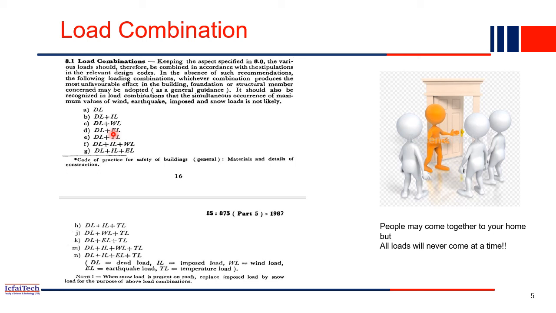But in reality, all the loads may not be acting together. When snowfall happens, at that time there may not be wind load coming, or earthquake load coming. So if you add all the loads, you will get a very high value. So the code has said don't add all the values; just these many combinations they have given: dead load plus live load, dead load plus wind load, dead load plus earthquake load, like that a total of 13, 14 combinations are available. So compute all the combinations independently, and whichever combination gives the highest value, we'll consider that for our design purpose, and we'll do the analysis.